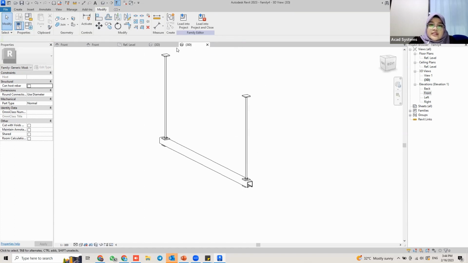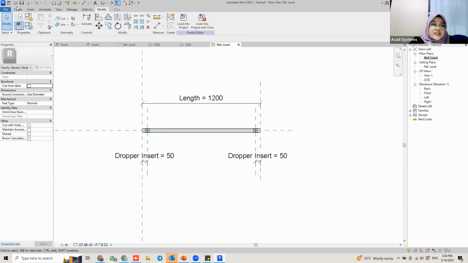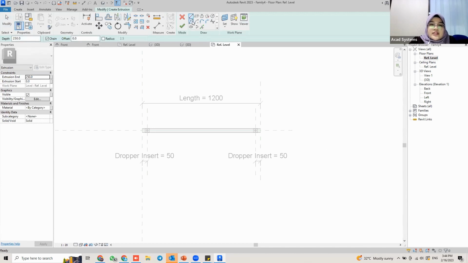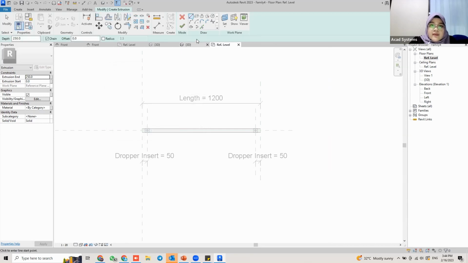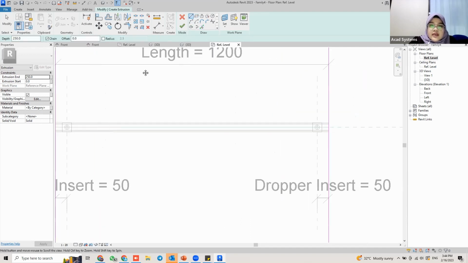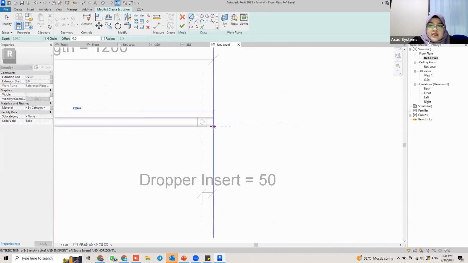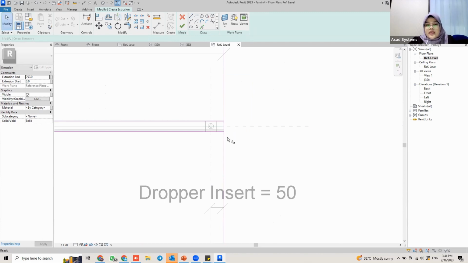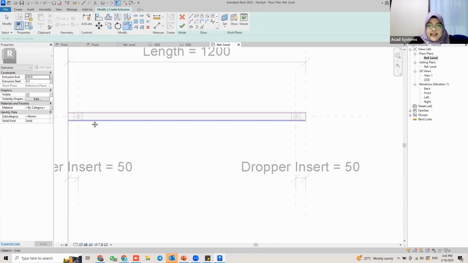So go back to this reference level. In this view, I'm just going to create one extrusion, a basic rectangle extrusion, and I'm going to set the work plane first before I draw it. So set work plane, and the work plane will be in the support level, reference support level. Click on OK. I'm just going to pick this reference, and for the rectangle, I'm just going to use a basic line like this and make it like this, and the other I will just trim it. Oops, sorry. Okay, this one, and another one here,